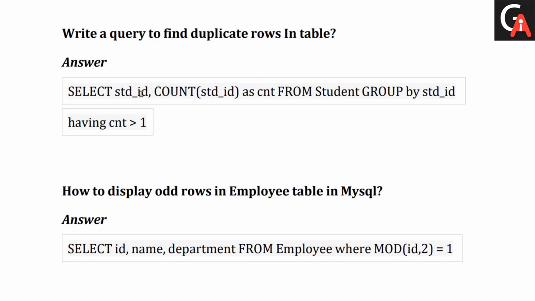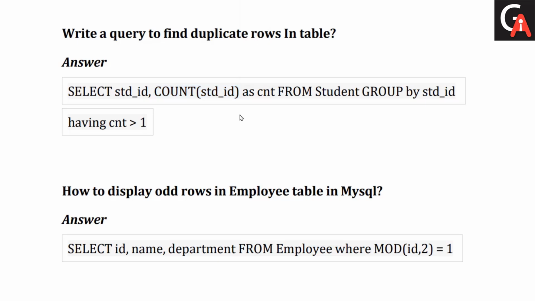If we use a column name along with the function, then it is mandatory to use the group by clause. So in the group by clause, we will take a non-aggregated column. So this is my non-aggregated column. Clear? Then the table name, on which table we are trying to perform this operation? Student table. Clear guys? So basically we will get the student ID and their count, how many times it appears